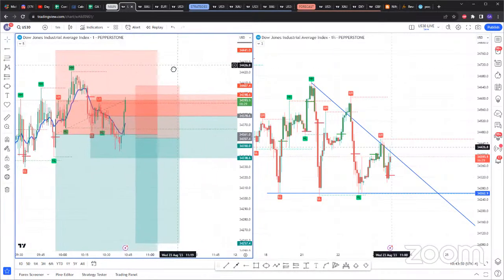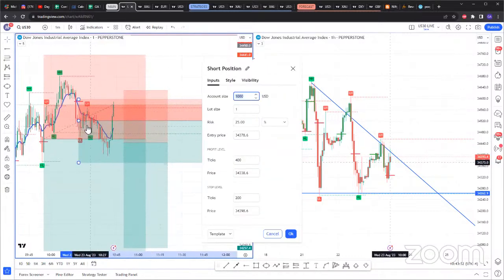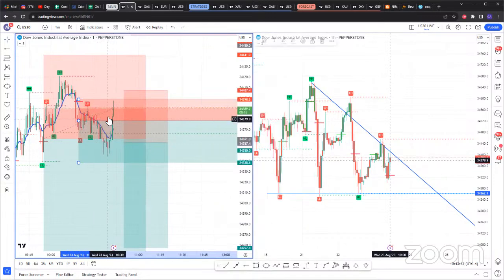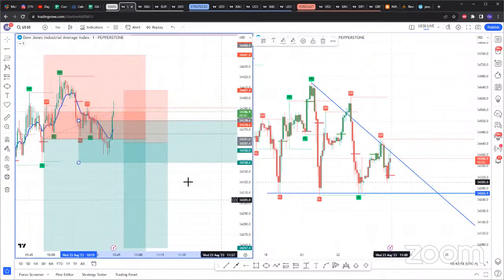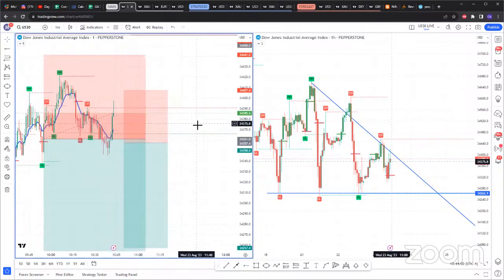For anybody who entered on the 1 minute, I don't know if anybody did, but for the 1 minute, remember, if you've already achieved a 1:1, you go ahead and set break even. So if you entered this trade on the 1 minute, you could have gotten stopped out at break even if you're following our strategies. If you didn't set break even, you can see you would still be in the trade, but you could have gotten close to being stopped out. But since that is not the idea of how we trade, the 1 minute would ideally have been at break even.